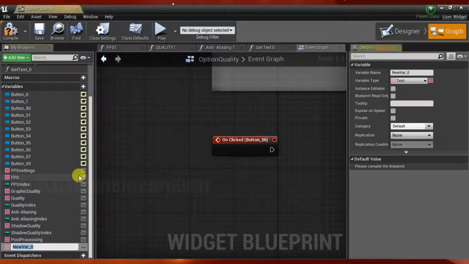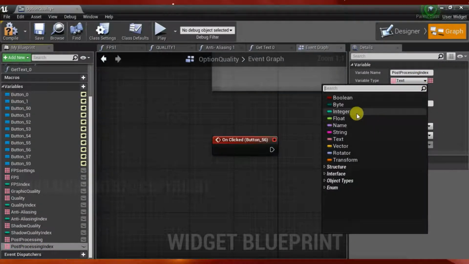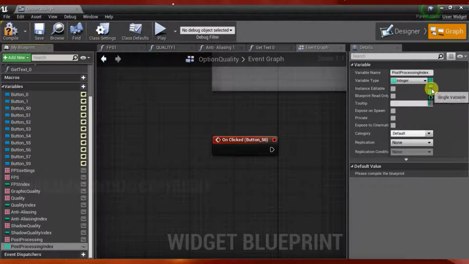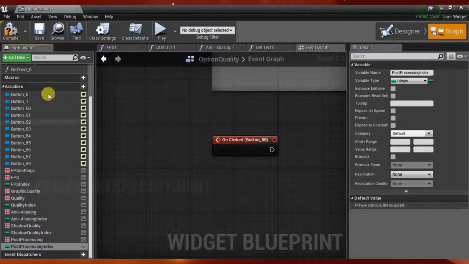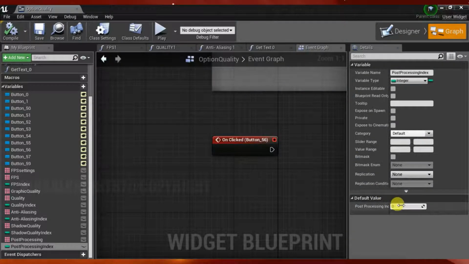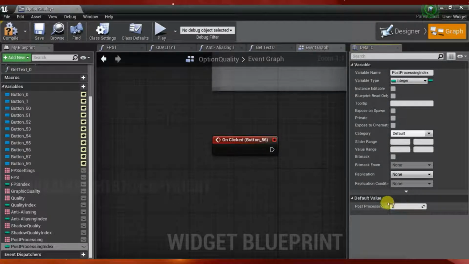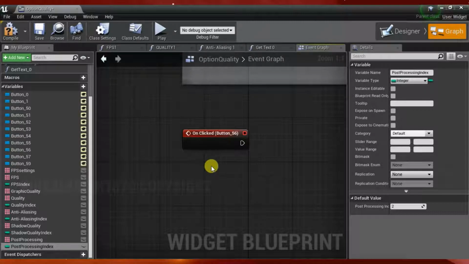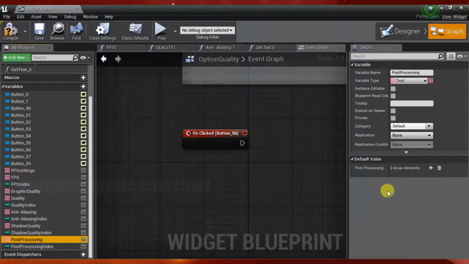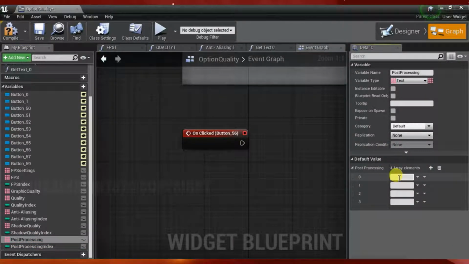Create another variable, call this a save, post processing index. Change it to an integer and a single array. Make sure you do this and compile and save. Now the value of the index should be 2. Now click the post processing text and create 4 more, and here call SG dot post processing